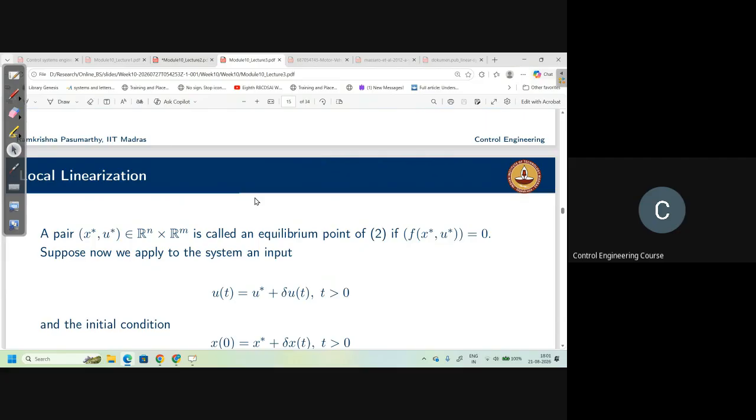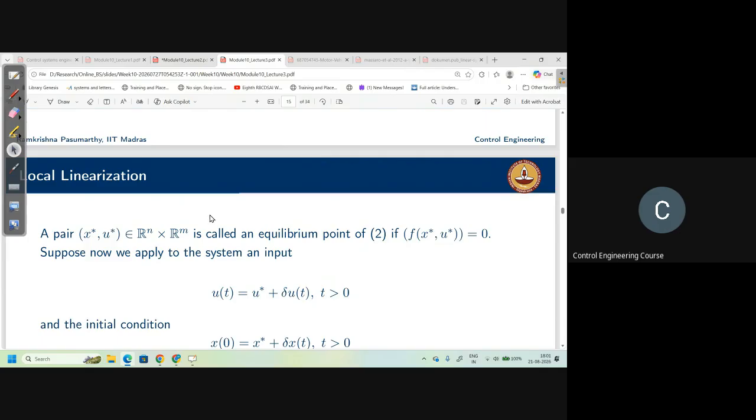Like that, even in switching circuits and power electronics, you will encounter many components that have non-linearity. In the case of mechanical systems, you will have non-linear friction and non-linear backlash, and all those things create some kind of non-linearity in the system. So in that case, how do you analyze the system?